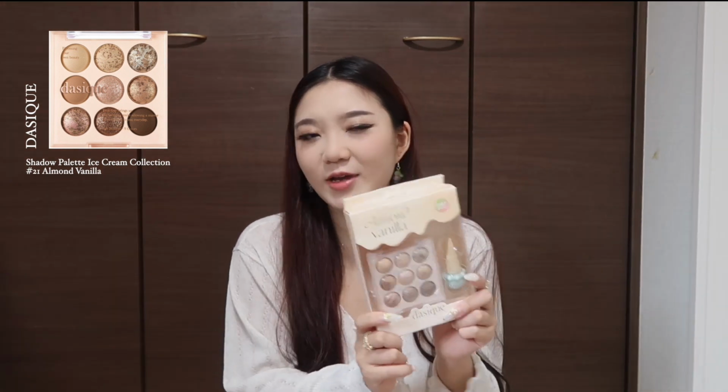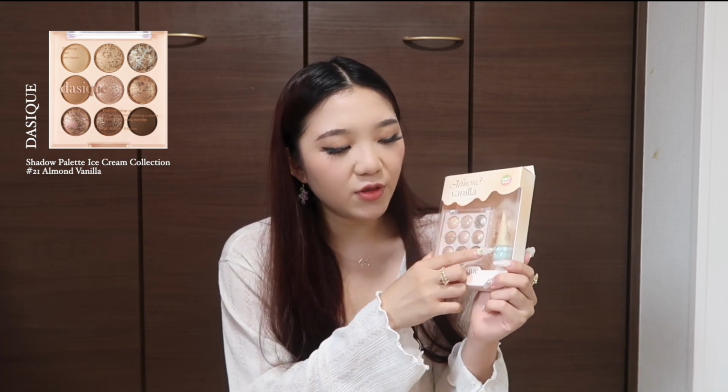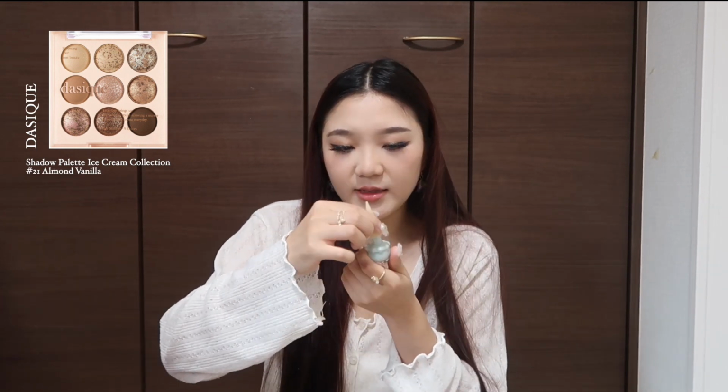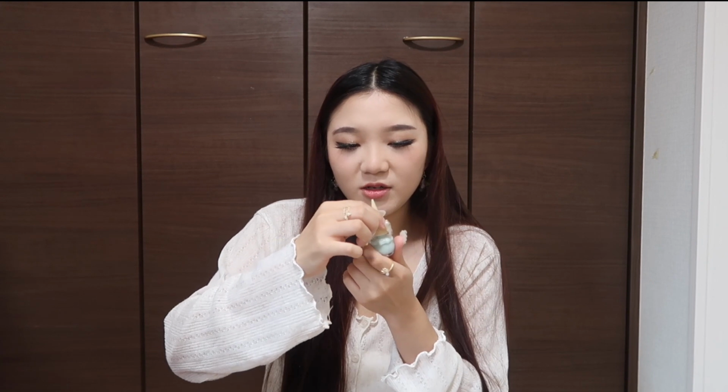Another Olive Young exclusive. It comes with this really gorgeous brown golden shade eyeshadow palette and then this little ice cream. I actually have no idea what this little ice cream is. What is this? I think it's a nail polish. Yeah, that's cute. So it comes with this little ice cream nail polish in this blue minty color, which is really adorable,